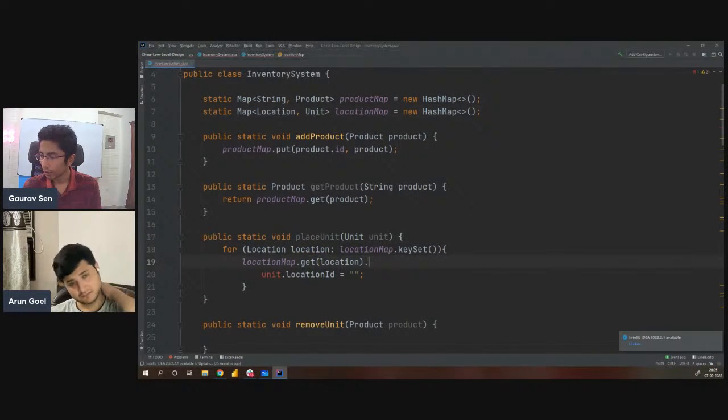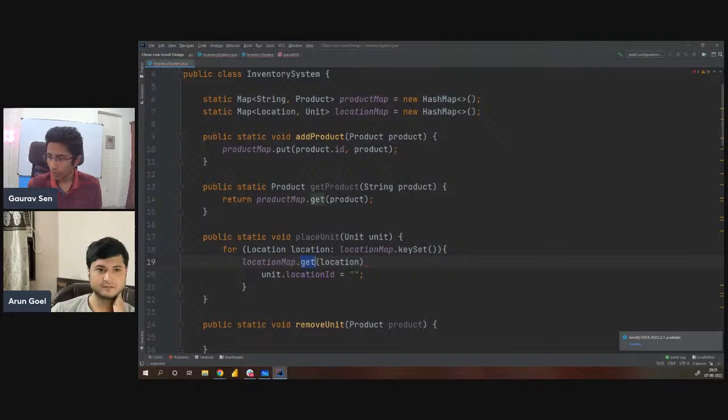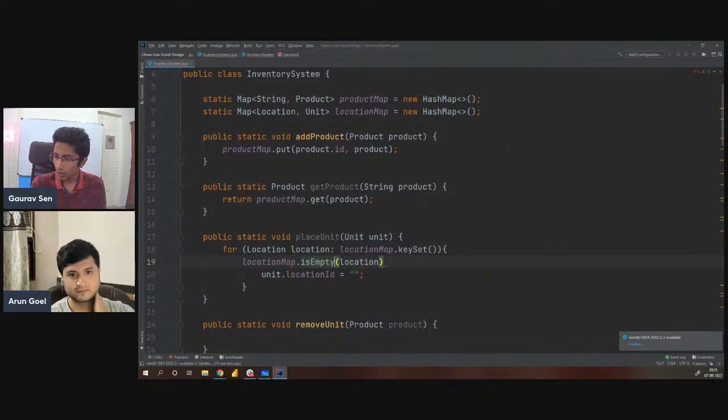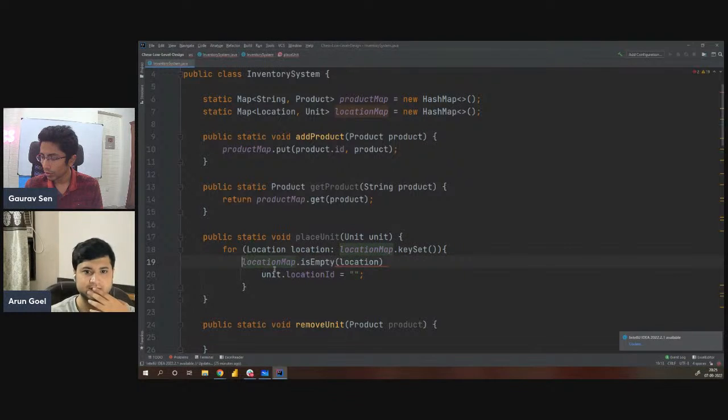Unit. If this location is empty, and I have to pass in the type of location. No, that is not possible. That makes no sense, because if I've picked it up from the location key set, then it can't be empty. So if location is null,